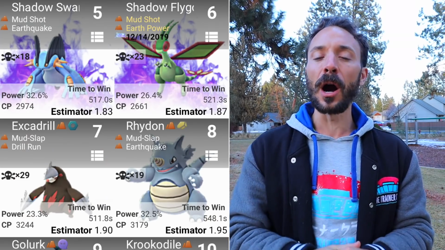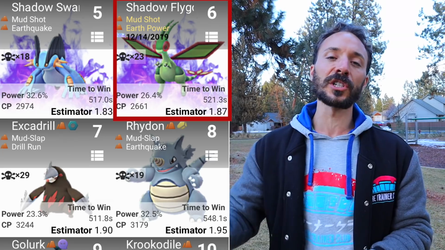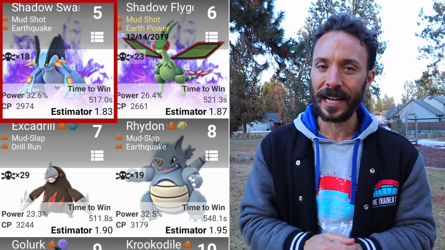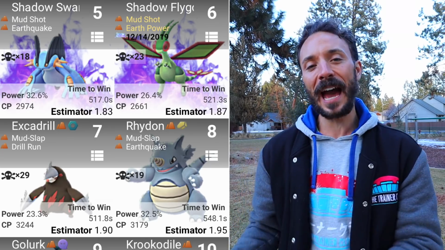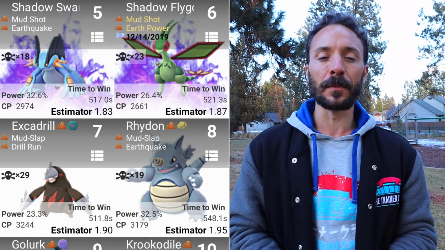But the shadows that are available to us are going to be number 5, Swampert, and number 6, the Flygon. So Swampert is going to be Mud Shot and Earthquake combination. Flygon in number 6 is going to be Mud Shot and Earth Power combination. Not super relevant because we have better counters above that are not shadow forms, and shadow forms are more expensive to power up. So moving onwards,